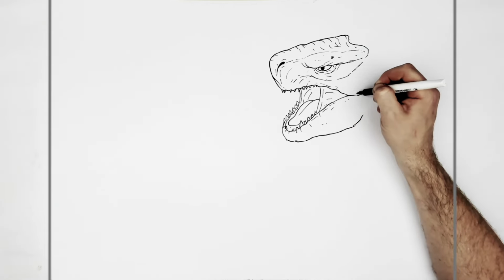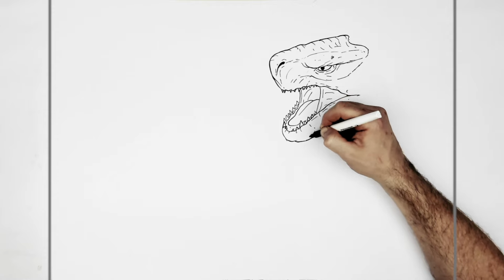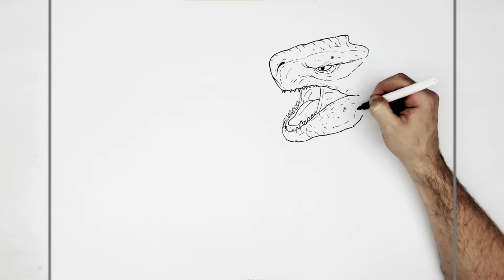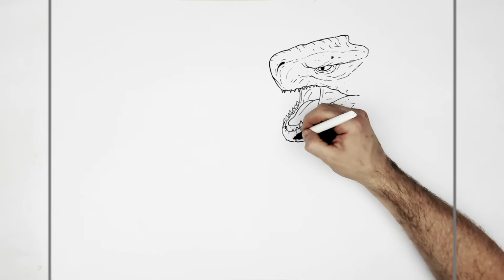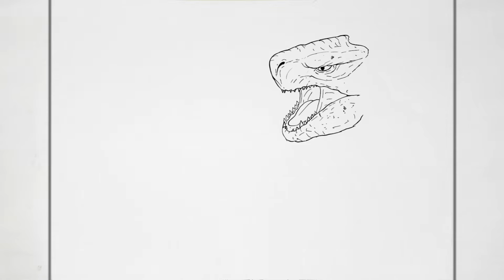Texture lines and all these dots and circles and stuff like that, just to make him look a little bit reptilian, you know. Bumpy skin basically is what we're after, not smooth. So